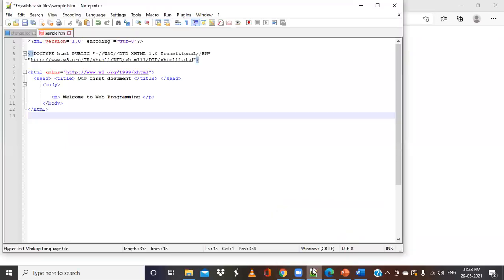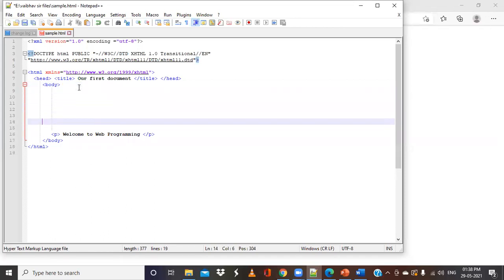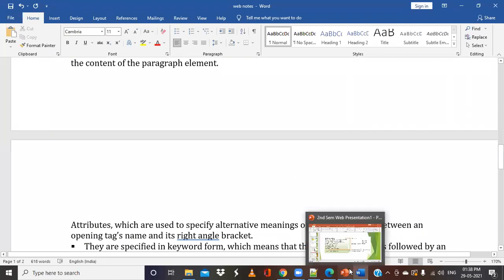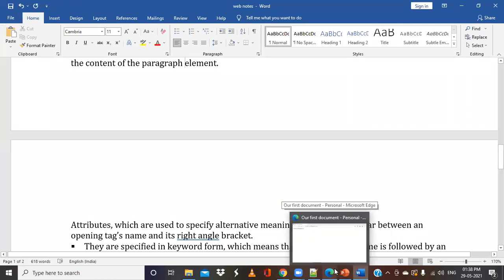And sometimes the browser will also ignore the spaces. For example, in this case, if I give some space here, that space will be ignored by the browser. Here I have given these many spaces, but when I run this program, there will be no space at all. So these extra spaces and other things will be ignored. You can see that spaces are not present. To give some spaces, again, we'll be using particular tags. During that time, we'll understand how to give spaces, how to give line breaks, and so on.